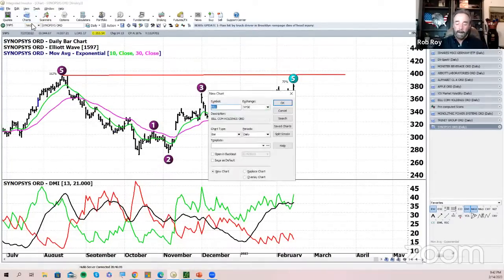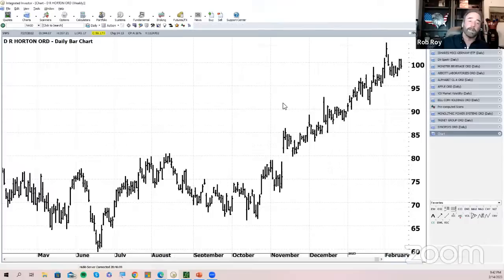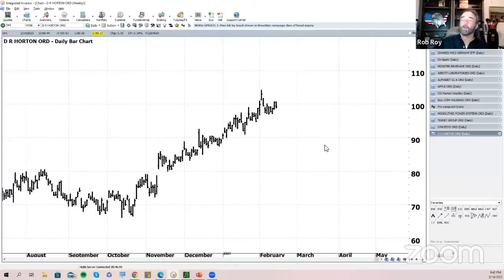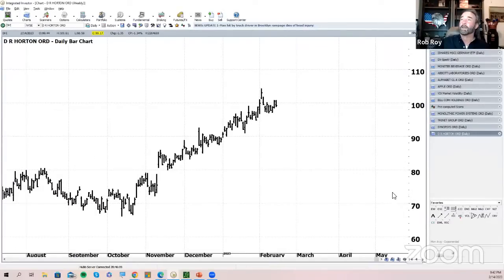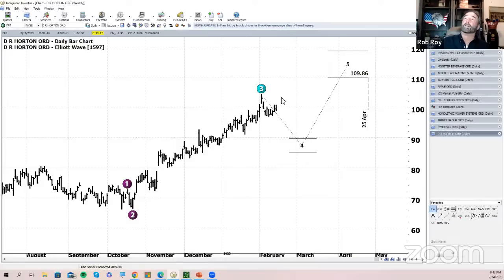I just thought you'd get a kick out of it, based on what we had been looking at with the home builders, and we thought we'd just add in DR Horton, DHI. Why not put that one into the mix? So moving higher here, look at that run. That is a really nice